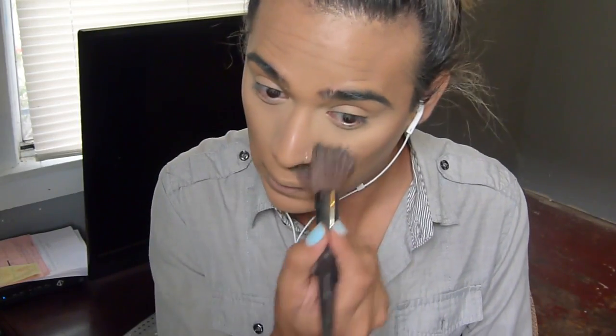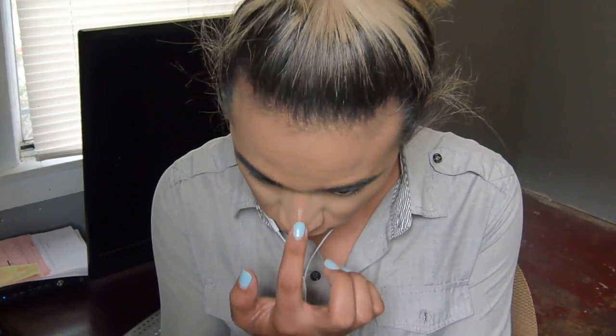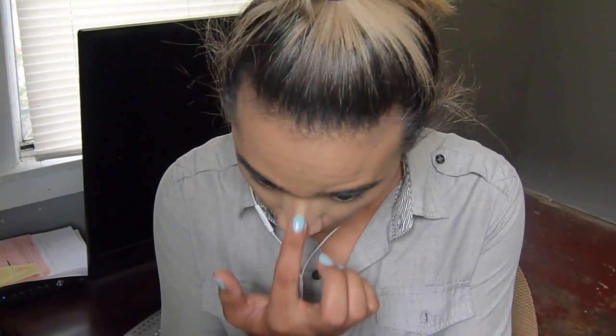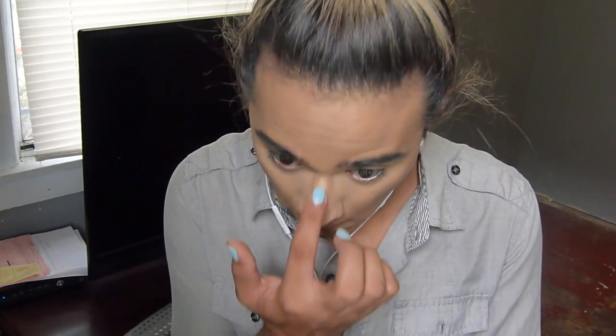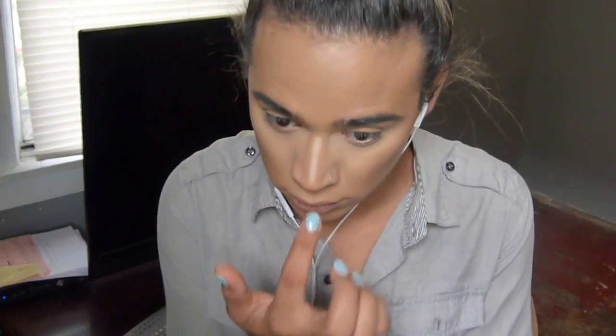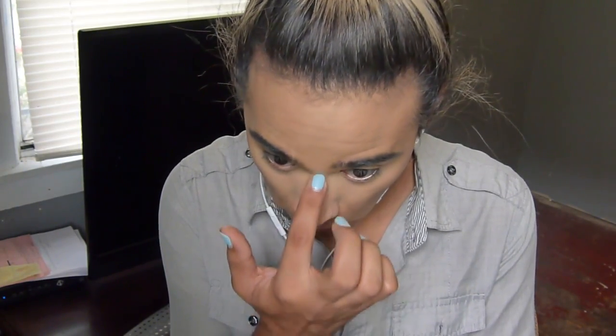And then after that I will use a new blush that I am currently obsessed over, and it's by the brand, well, actually before that I will contour my nose. For contouring my nose, I use the Laura Mercier Secret Camouflage Concealer in SC4, and I use the lightest shade underneath my nose bridge, and then I use the darker shade, which is my color,